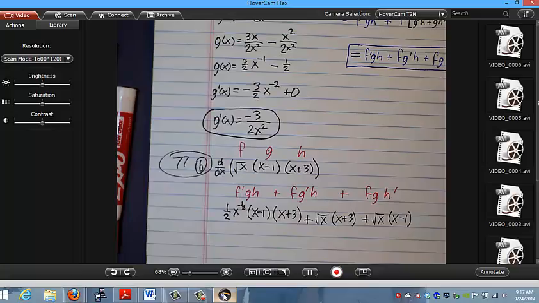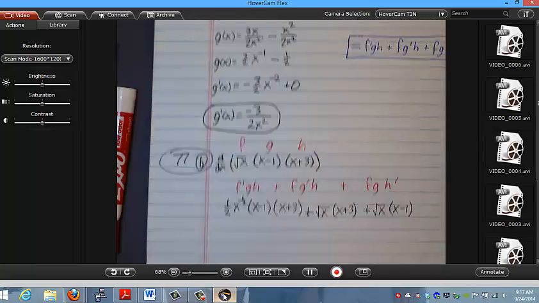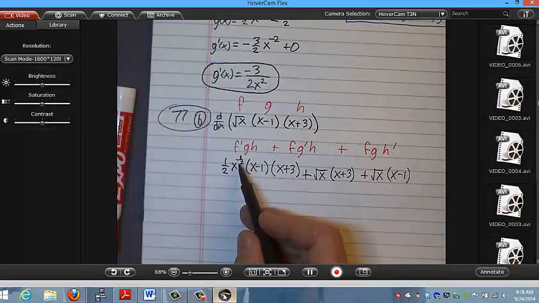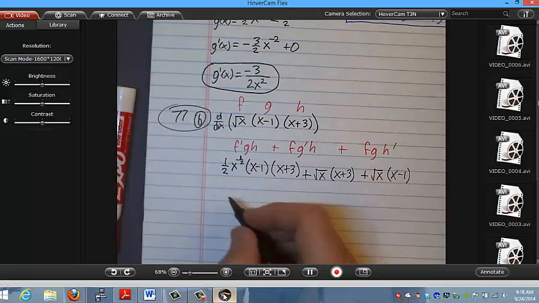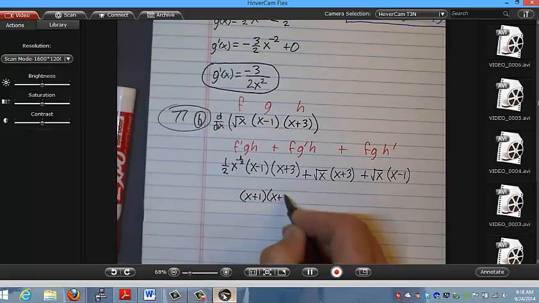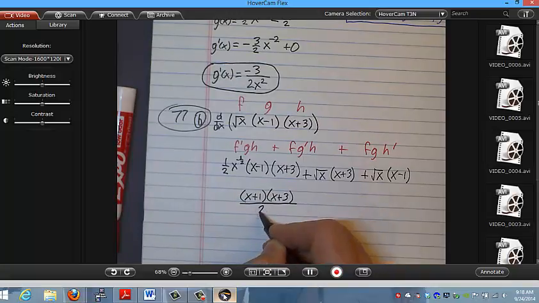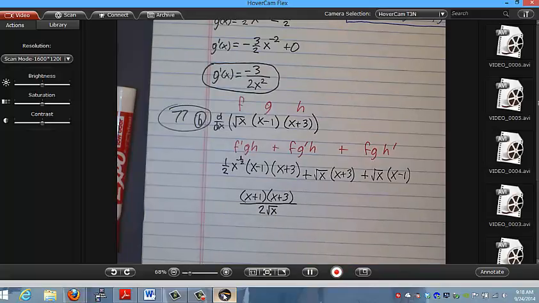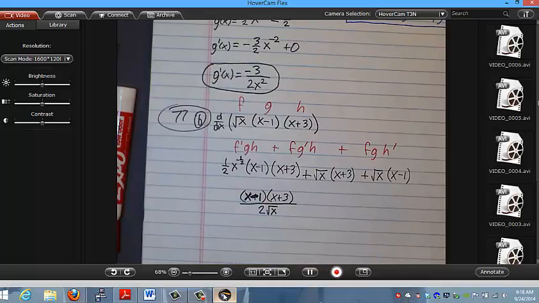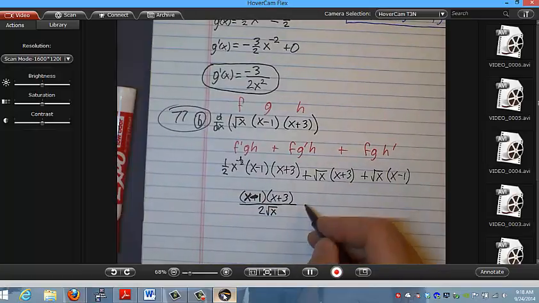I'm going to bet they simplified a little bit, right? You guys have the answer? This is not it, is it? Okay, let's see if I can simplify a little bit and get the same answer they have. So when I see x to the -1/2, I want to put it in the denominator. So I'm going to write this as x minus 1 times x plus 3 over 2 square root of x. Oh, x minus 1, thank you. That's a minus. Let's get it right. X minus 1. Not plus, minus. Okay. Plus,